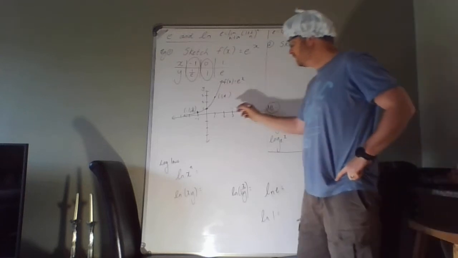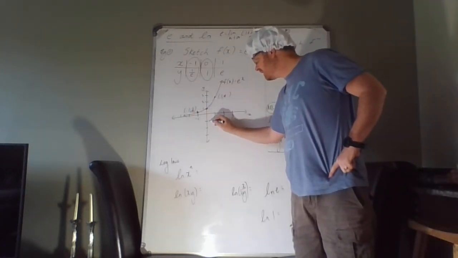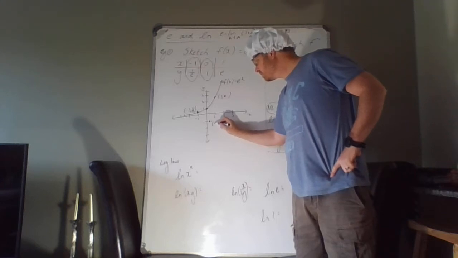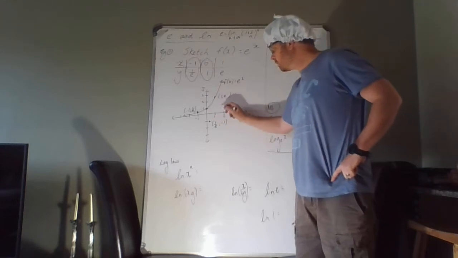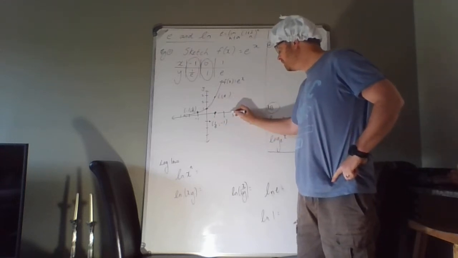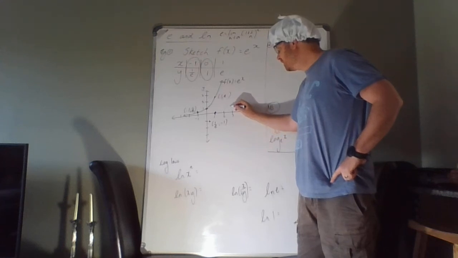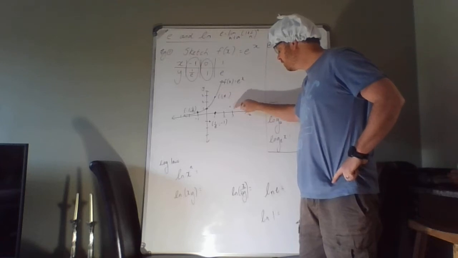If I swap the points around, (-1, 1/e) becomes (1/e, -1), (0, 1) becomes (1, 0), and (1, e) becomes (e, 1), with e about 2,7. So those are your points